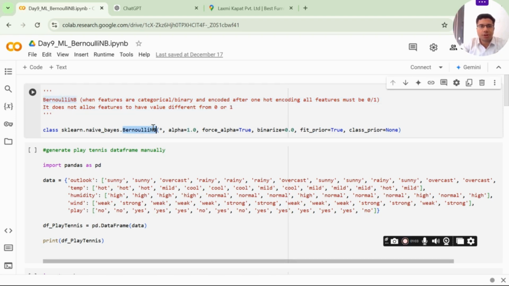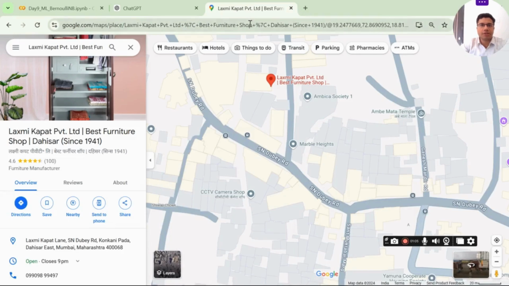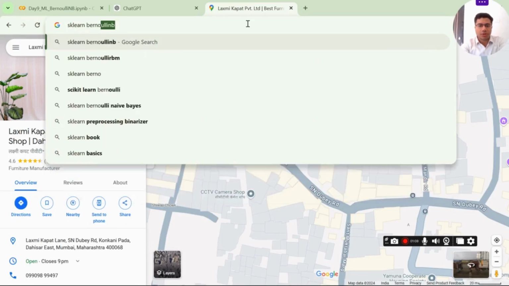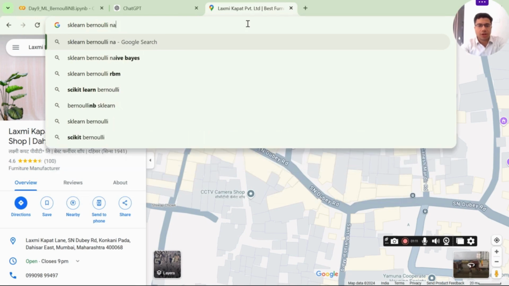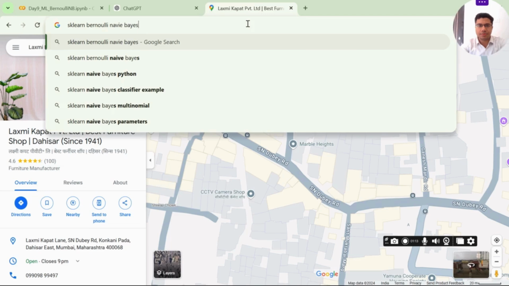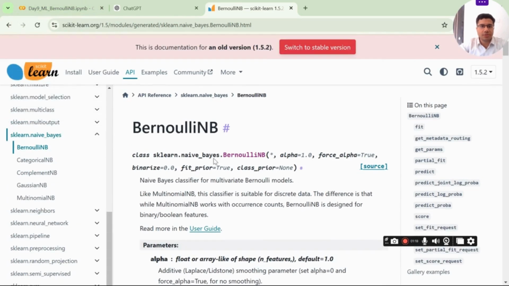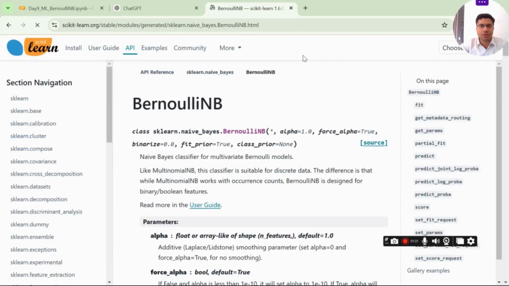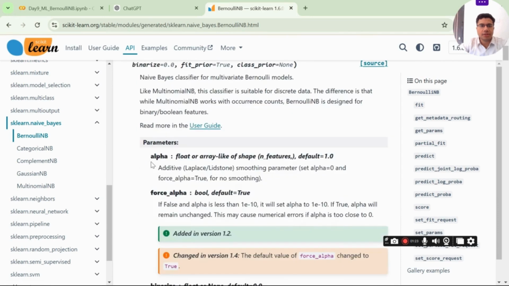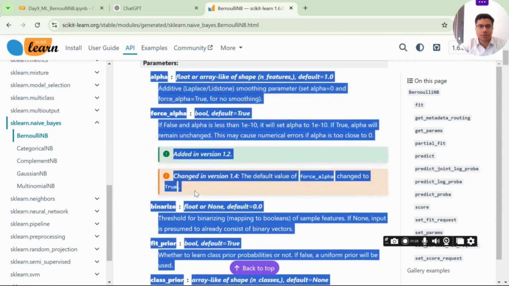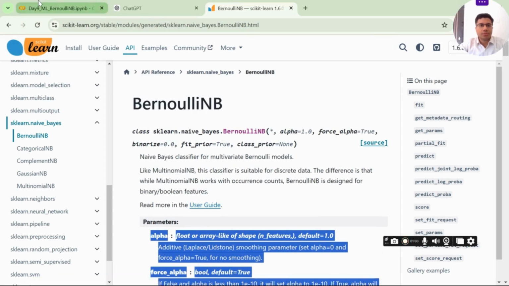The information on Bernoulli Naive Bayes you can get by just searching Scikit-learn Bernoulli Naive Bayes. Okay, and you will get the Bernoulli Naive Bayes here. Switch to stable version, and these are the parameter list: force, alpha, fit, prior, binarize, and so on. So this